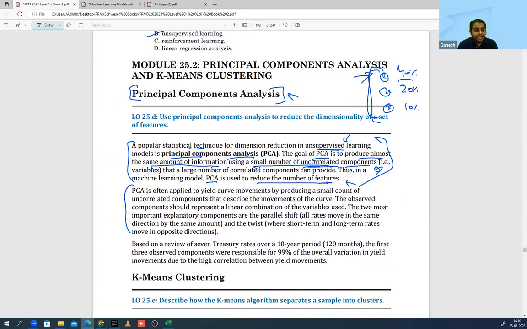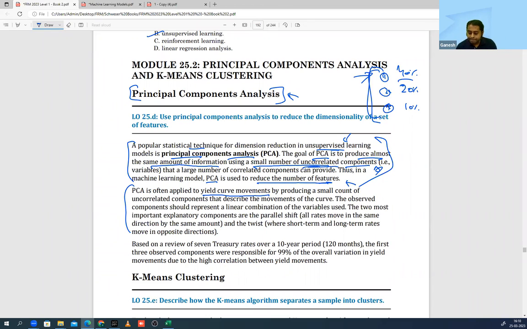Second paragraph. PCA can also be used to analyze yield curve movement. What is this yield curve movement thing? It is connected to that non-parallel chapter, bond valuation. In the bond valuation chapter, our intention was that we had a bond portfolio and we want to protect it. For that, we need to know how the yield curve is going to move. To understand that, we have to understand the factors. What are the factors which are going to move the yield curve? We don't know. We can run a PCA which will tell us these are the 3-4 factors which are going to move the yield curve, which I can focus on and protect myself.